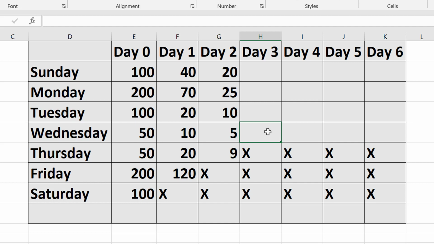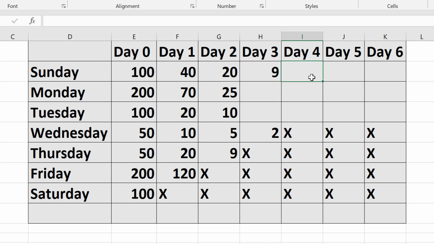Because there is one more day which is left in that particular week, which is Saturday. So let's say we got two people on Saturday, and again this is Sunday, this is again Monday of the next week, and this is again Tuesday of the next week. So we are only left with these three rows. Let's assume that on Sunday we got 100 people. Out of this, 40 turned up on the first day, and 20 turned up on the second day. And let's assume that on the third day we got 9 people out of these.